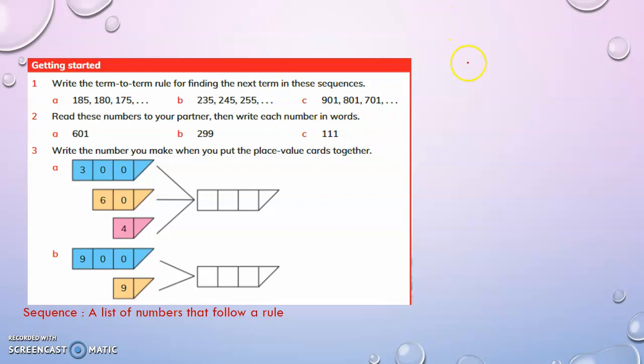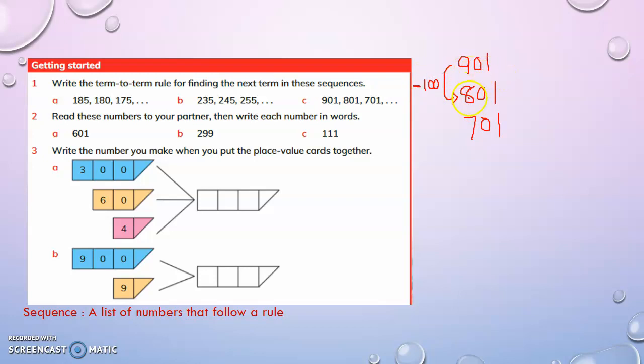And coming to this, the terms are 901, 801, 701, etc. How does the number change? You can see the hundreds place is changing. So we are counting by hundreds. Is the value increasing or decreasing? It is becoming smaller and smaller. So it is decreasing. To show decreasing we put minus. By what amount? It is decreasing by 100.